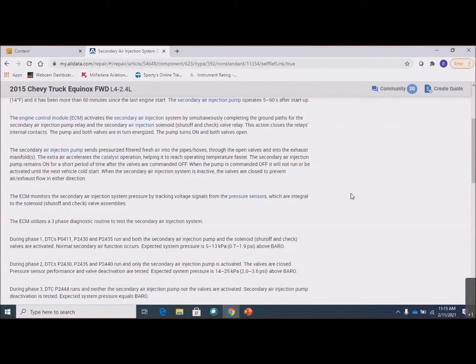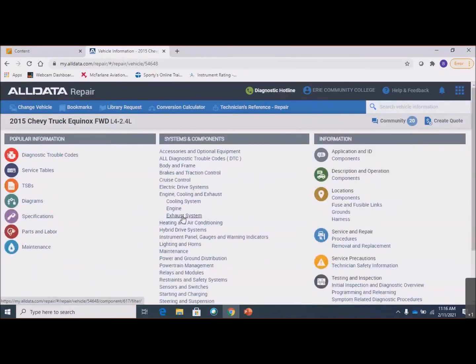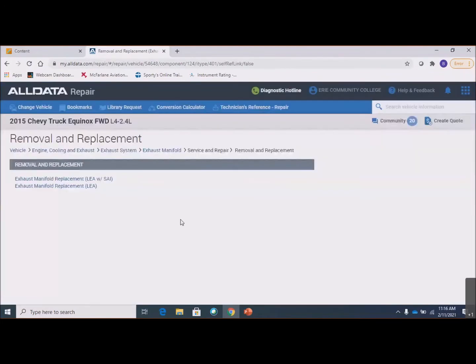Now, a lot of vehicles, those valves are mounted somewhere near the exhaust manifold, and then some sort of tube or pipes feed directly into the exhaust manifold. On this vehicle, they chose not to do that. So what they chose to do was feed the air into the exhaust ports in the cylinder head. Now let's see if I can bring up a picture of the exhaust manifold here and kind of show you. This is with secondary air,